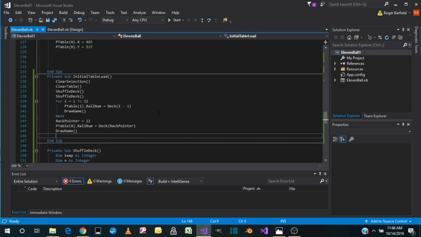Okay, when we come back, we will create little boxes for the balls. That way we can start selecting them. And until then,